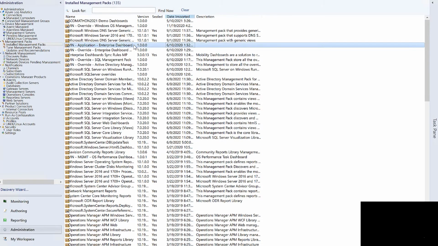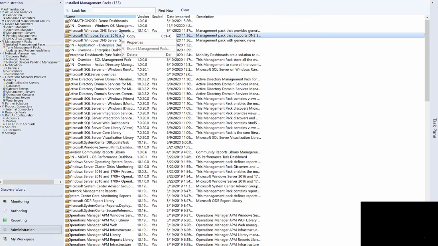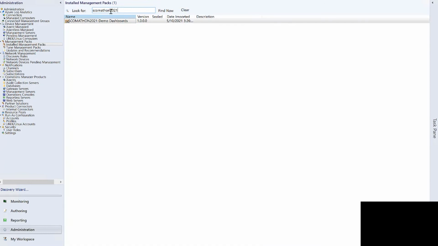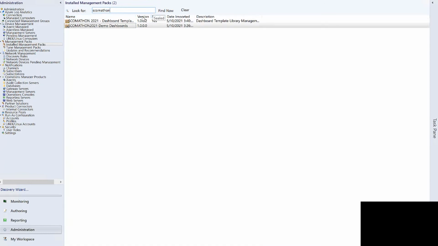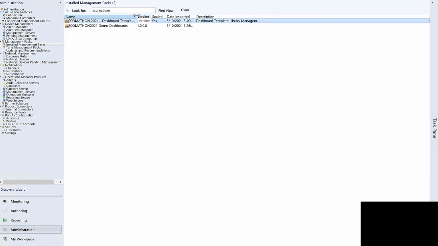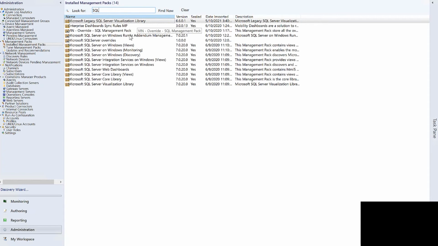Once these two management packs have successfully been imported, they can be found by searching, refresh, okay, SCOM-a-thon 2021 here, and SQL. So this is the one, Microsoft Legacy SQL Server Visualization Library. So these two library management packs have been imported successfully. Next,